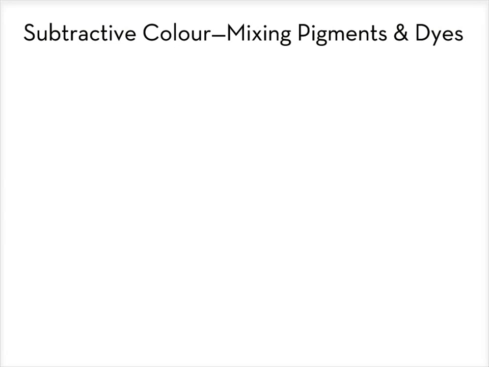In the additive demo, I started with a dark screen onto which I projected colored light. In mixing colored pigments, I begin with a white screen that represents white paper onto which I shall apply different subtractive primary pigments. The 3 primary pigment colors, or primary subtractive colors, are yellow,